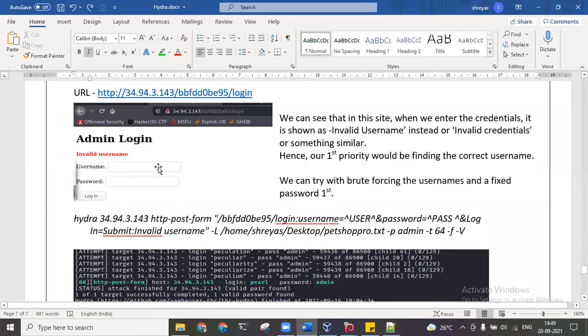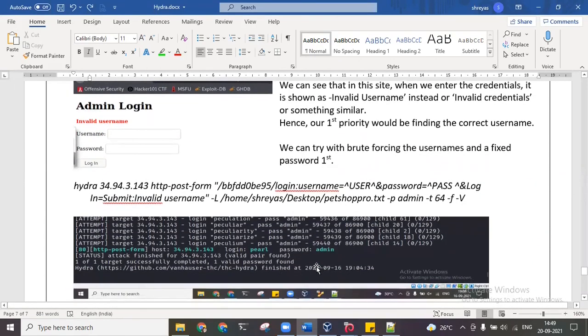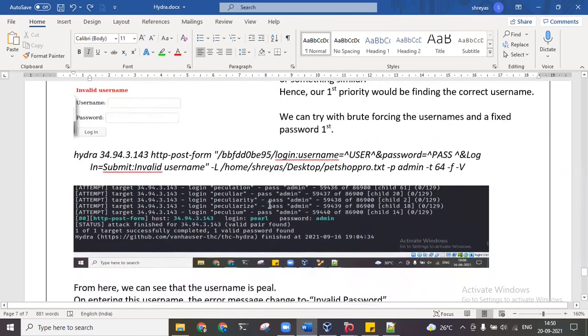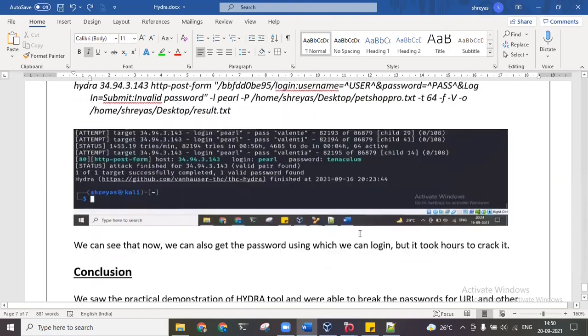So that is why I had to download the actual dictionary file from the internet, for the username as well as the password, and then we kept trying. So there were around 86,900 possible combinations, and I was able to get the correct combination after a lot of tests. So this is the basic use of Hydra, and I hope